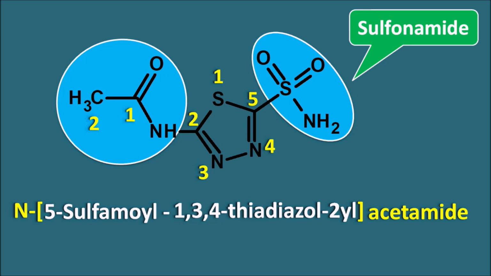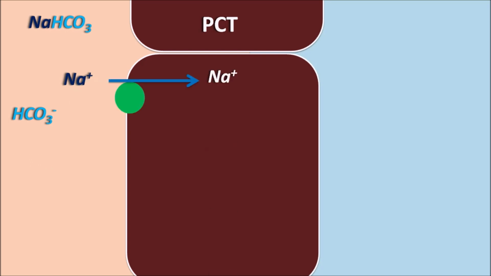And now let us see how this drug acts as a mild diuretic. Acetazolamide acts on the proximal convoluted tubule of the nephron. At the PCT, the sodium bicarbonate present in the filtrate is going to be reabsorbed into the systemic circulation, but it is not reabsorbed as it is. This sodium bicarbonate can be split into two components, sodium and bicarbonate. This sodium can be absorbed into the tubular membrane by a pump, the sodium-proton exchange pump. So sodium goes into the membrane and the proton comes into the lumen. Now this proton can combine with the bicarbonate anion to form carbonic acid, H2CO3.